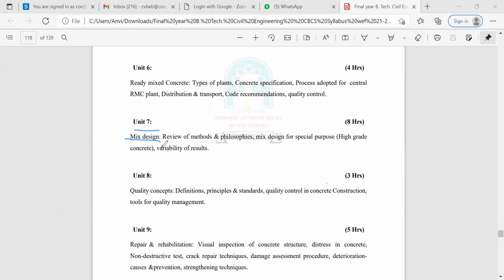So mix design means what? M15 or M20, it means what? M20 means M is the mix and 20 is the 20 Newton per mm square strength after 28 days of curing of that concrete. So in mix design we have to make a concrete that gets 20 Newton per mm square strength, or 25 Newton per mm square strength. So for that, how much proportion of material we have to use,